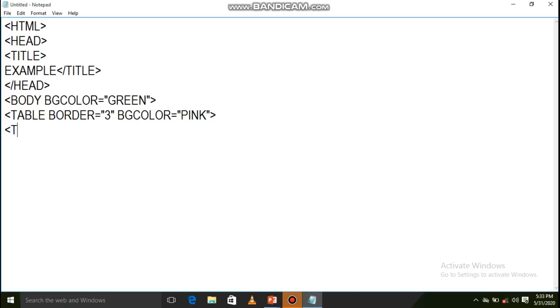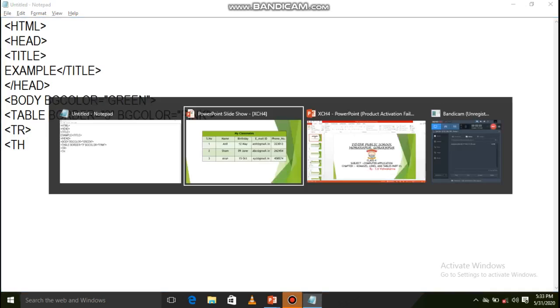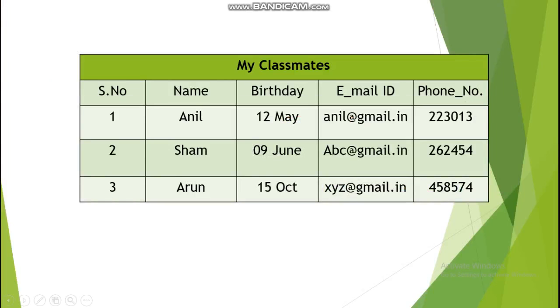Next is tr, here th. Now if you see this table, in the first row 5 columns are going to be merged.